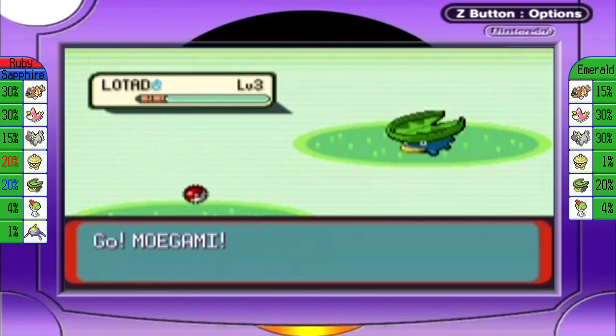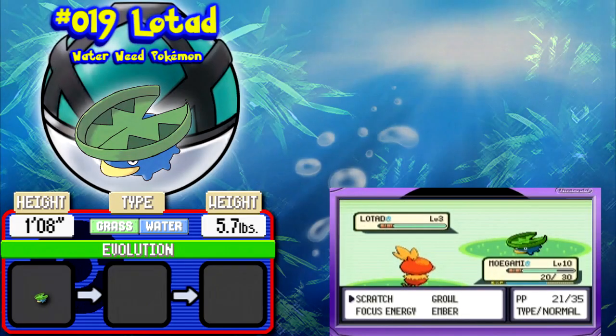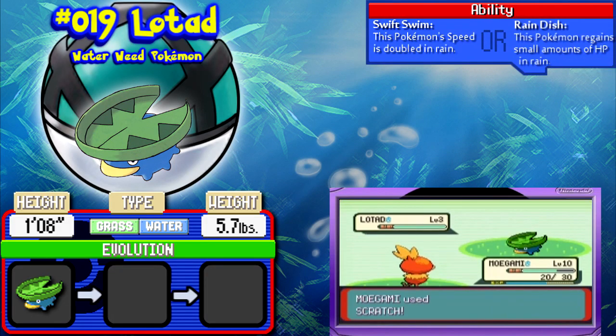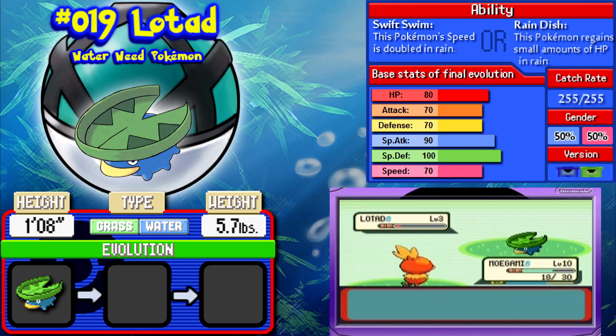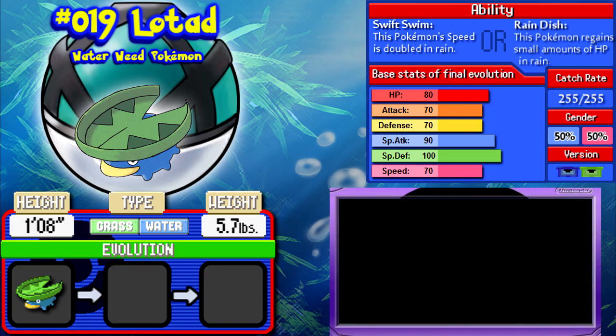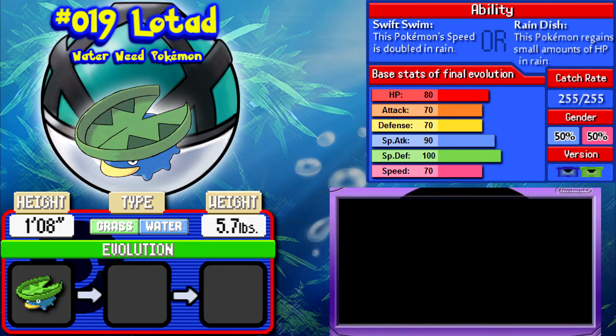Here we have it. Here it is. This is Lotad. Lotad is a water and grass type, has very few weaknesses. And like most water types, it is really bulky. And like most grass types, it's good at hindering your opponent with various status inflictions. However, I'm not going to talk much more about Lotad because I intend to catch it. I don't want to spoil the evolved forms of things that I'm going to catch in particular, in addition to the starters before we saw them, though. So...